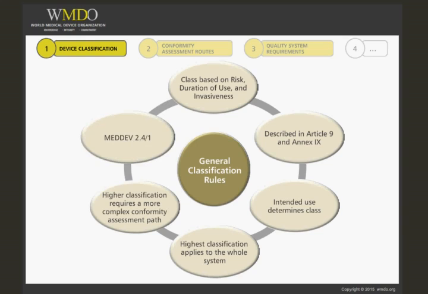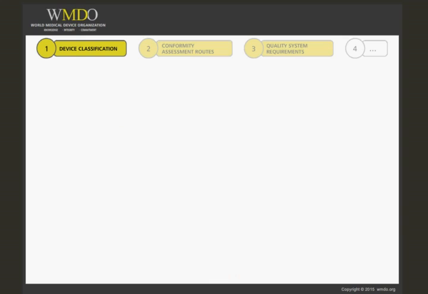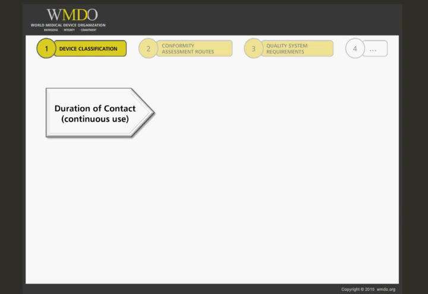MedDev 2.4/1, Guidelines for the Classification of Medical Devices, contains excellent explanations, flowcharts, and examples. MedDev 2.4/1 outlines the rules. But to understand these, you need to know a few definitions, such as duration of contact,